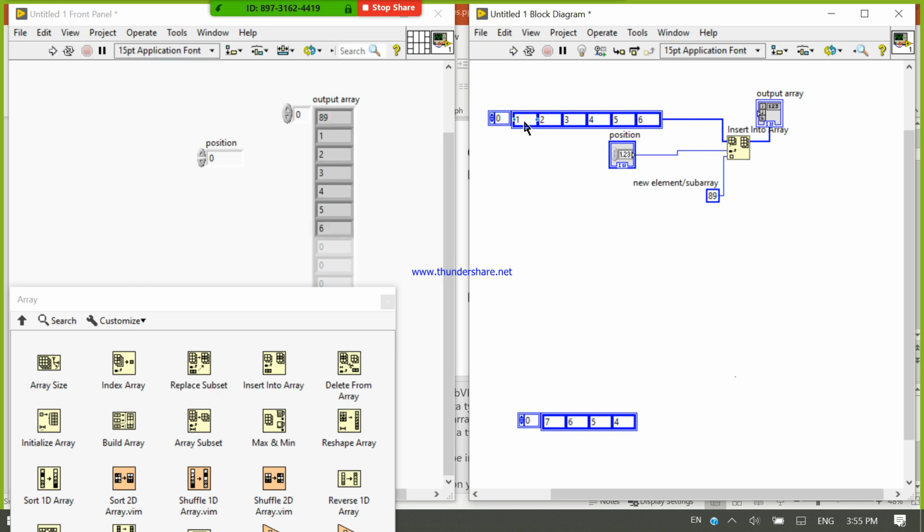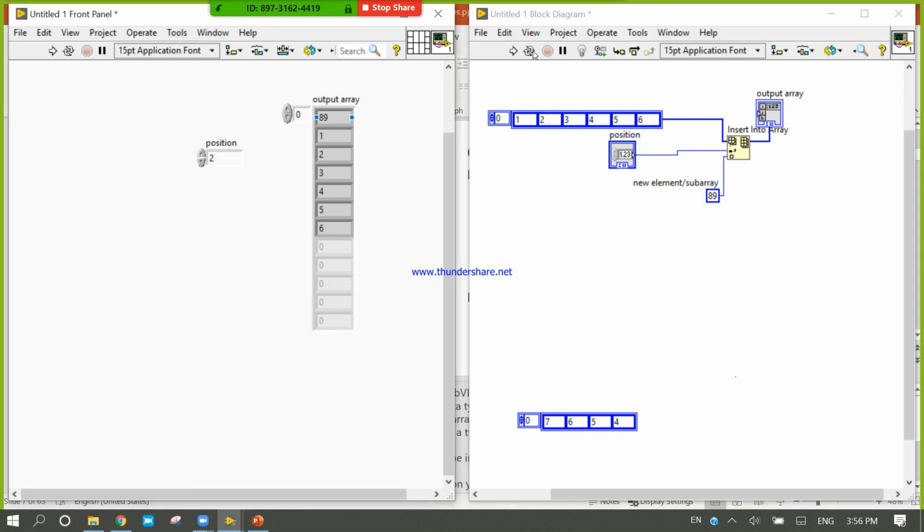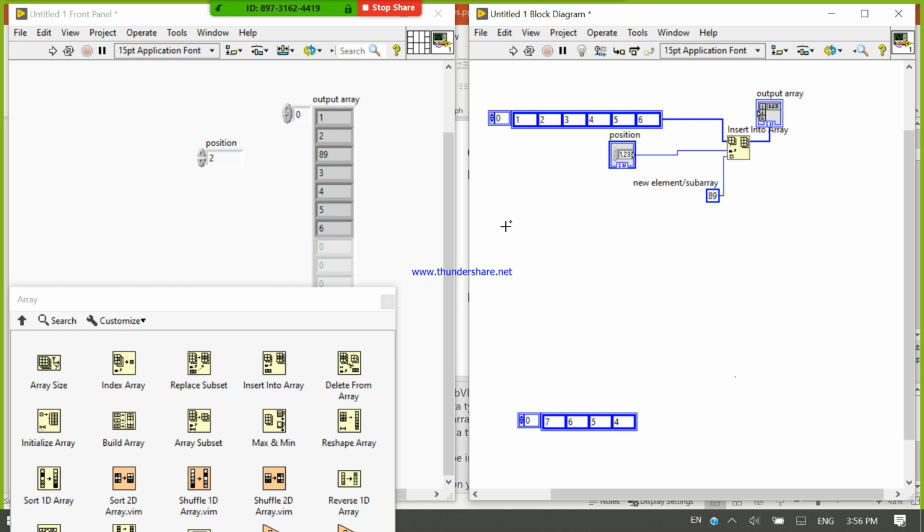Now look here, this array starts from 89, then 1, 2, 3, 4, 5, 6. So you can insert anywhere. Now if I want to insert this number from location 2 and run, so if you want to insert anything into the array, you can use this insert into array function.